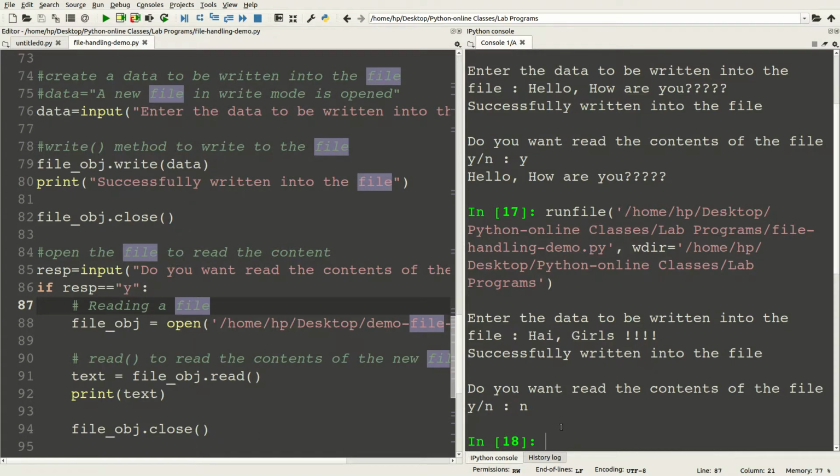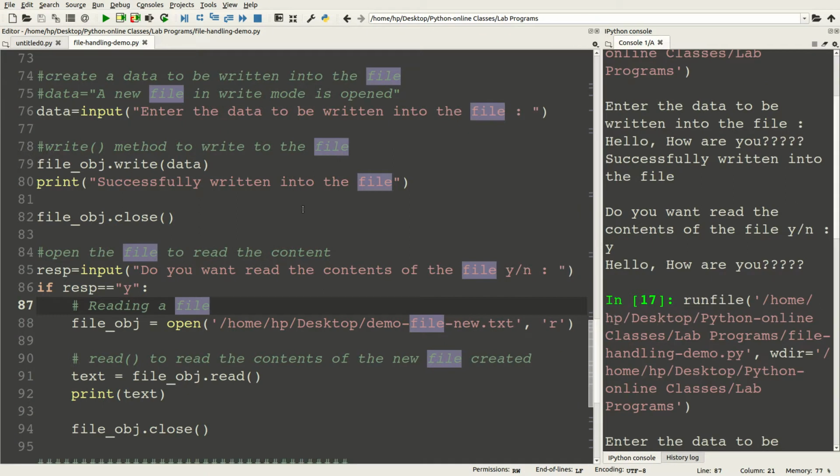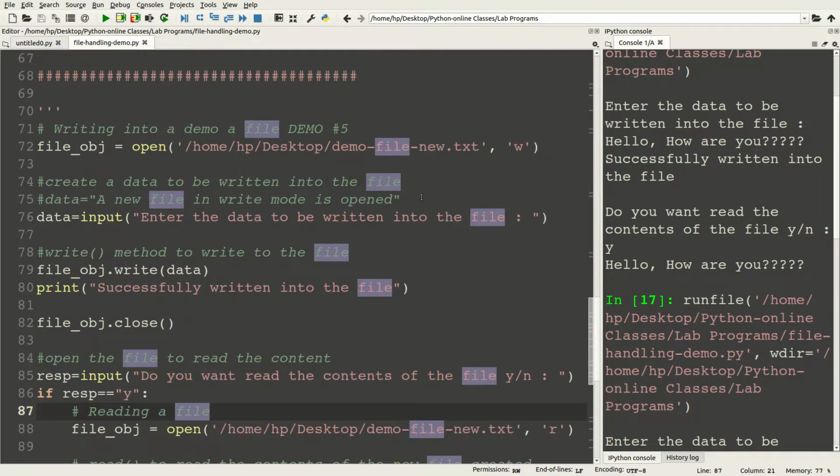So I quit from the program, right? So this is how the write method helps in writing the data into a file. And you can observe here the write method is overwriting, right? Because I am opening it in the write mode.